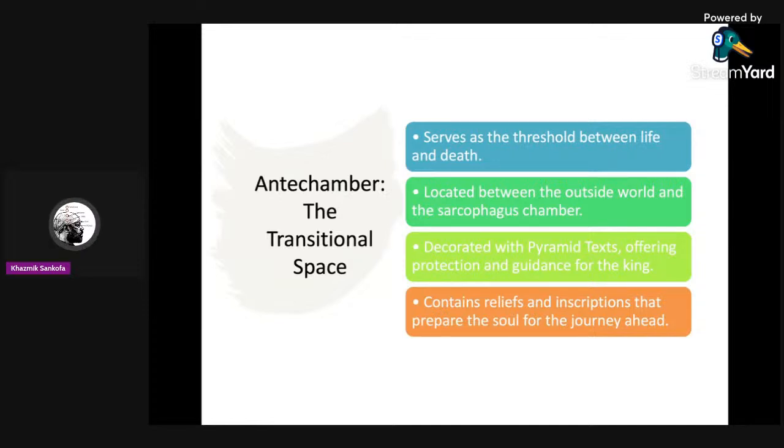Certain pyramid texts were placed in certain spaces. There are certain pyramid texts around certain doors, and certain pyramid texts inside the passageway, the causeway. There are certain texts that are read in a certain way. There are certain texts that start the purification, certain texts that start with wearing white. They discuss wearing white and purifying yourself before you enter into this ritual space.